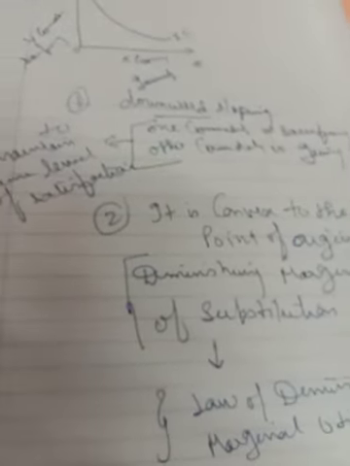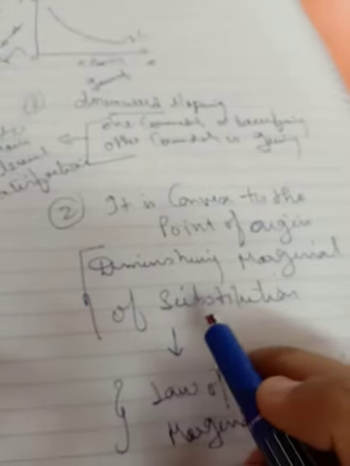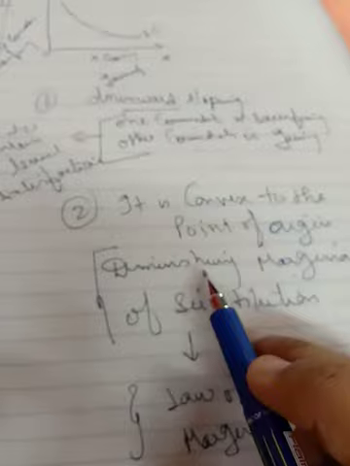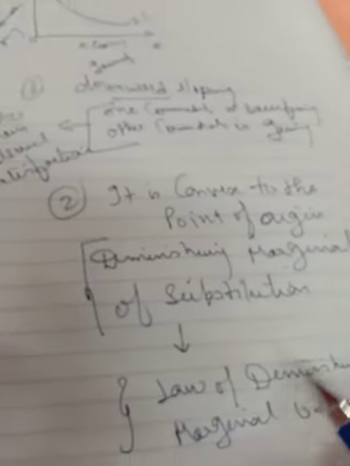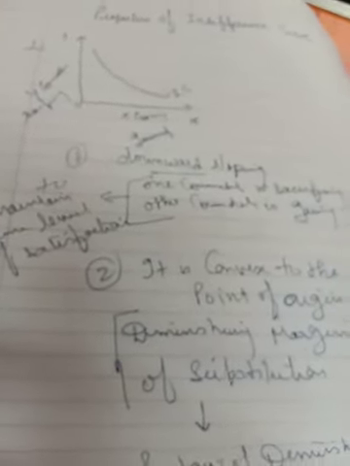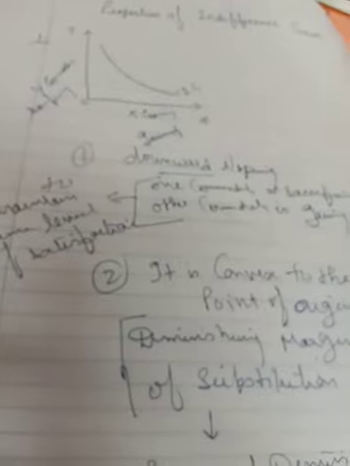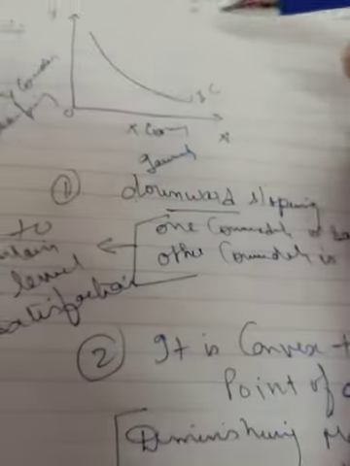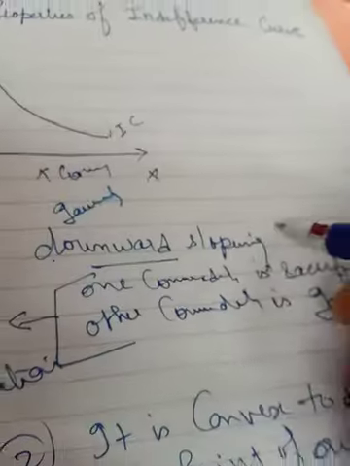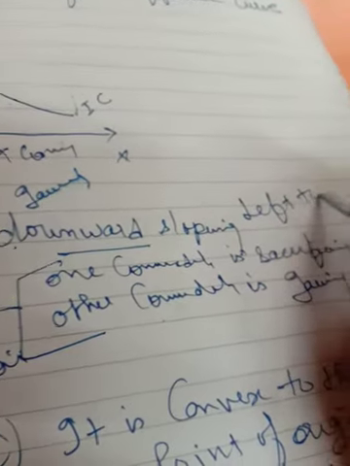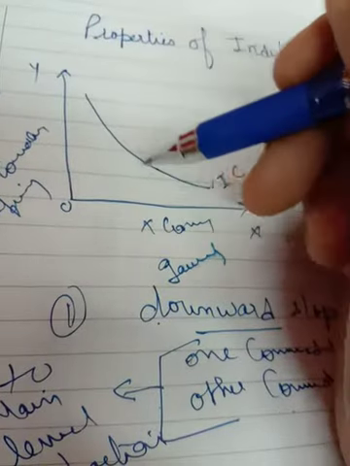Fine. So this is the shape of indifference curve, and the question can be asked: why the law of diminishing marginal utility, why diminishing marginal rate of substitution applies because of the diminishing marginal utility. All these things are connected, and the question can be asked in MCQ form or otherwise. This is the shape of indifference curve, and it is downward sloping from left to right. That means yours will start from here and then you will go on like this.